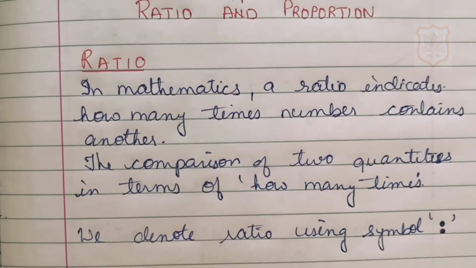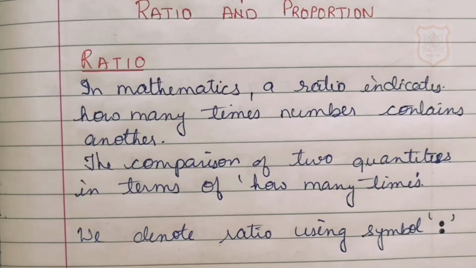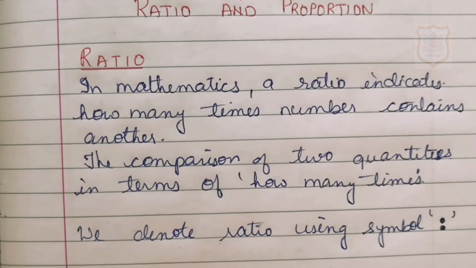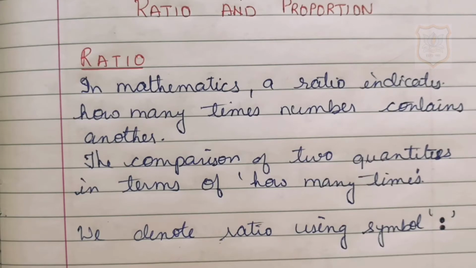We can say that the comparison or simplified form of two quantities of the same kind is referred to as ratio. This relation gives us how many times one quantity is equal to the other quantity. In simple words, the ratio is the number which can be used to express one quantity as a fraction of the other. The two numbers in a ratio can only be compared when they have the same unit. We make use of ratios to compare two things. We denote ratio using the symbol.